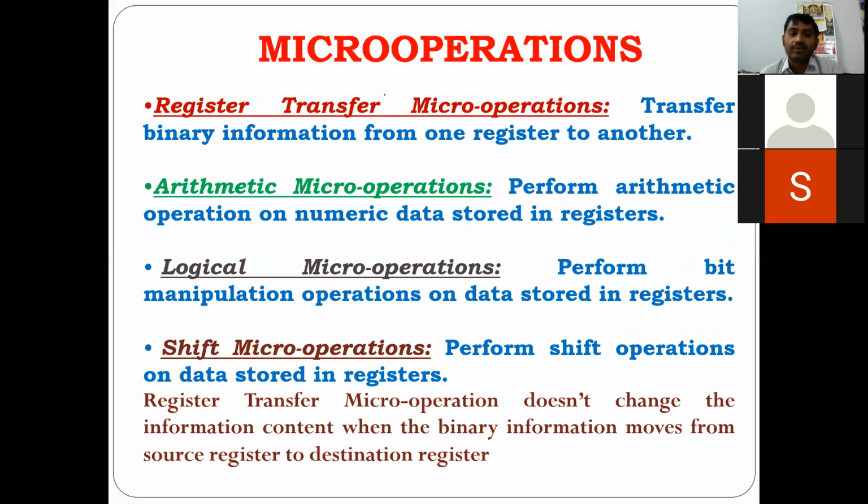Coming on to the micro operations. So register transfer micro operation, arithmetic micro operation, logical micro operation, shift micro operation. So these are the micro operations. Now register transfer we are not considering, because that is R1 to R2 and R2 to R1, those things that you have seen in the last class. Now coming on to the major operations, which are arithmetic, logical and shift micro operations. Of course, in all these three operations we are involving these registers. So there you can see how the register transfer will be done, right? So coming here onto the first topic, arithmetic micro operations.